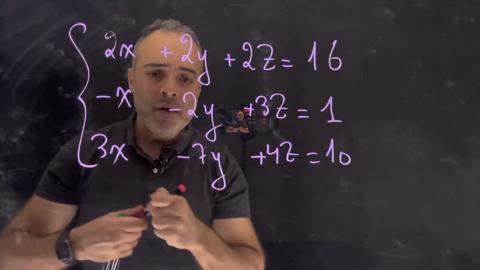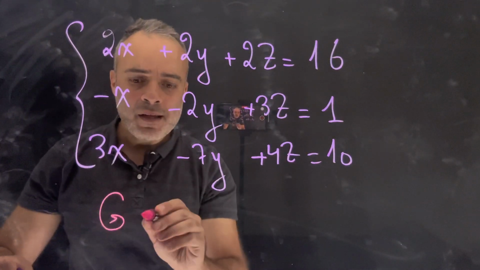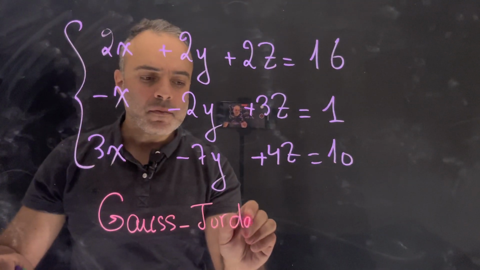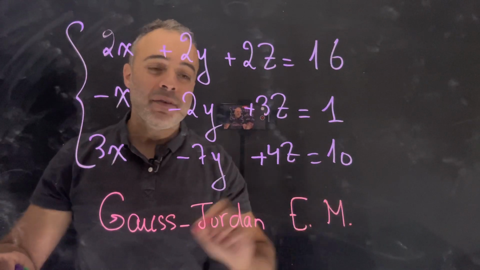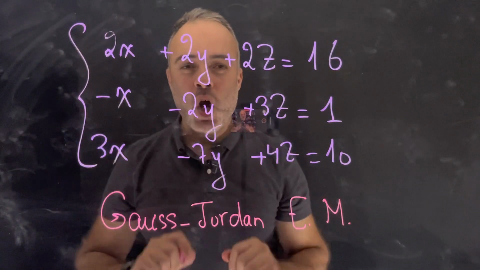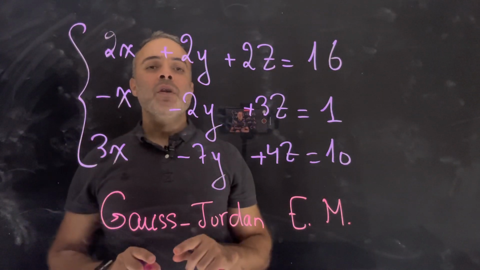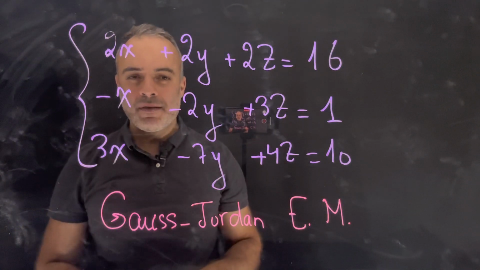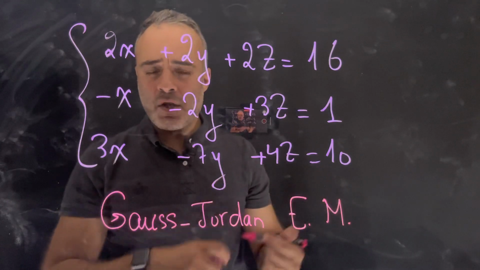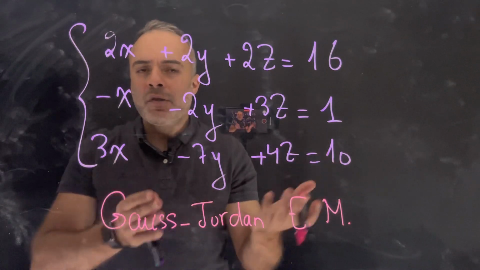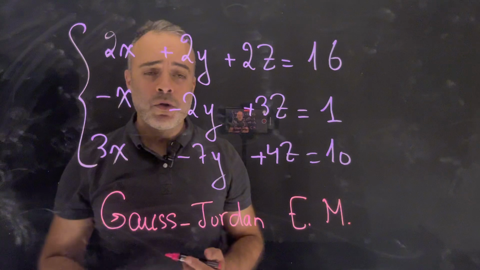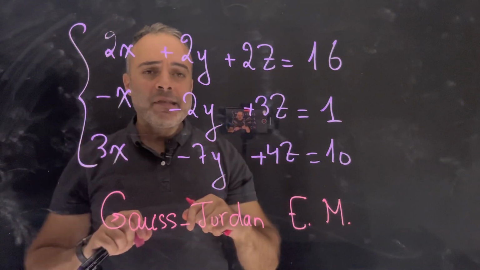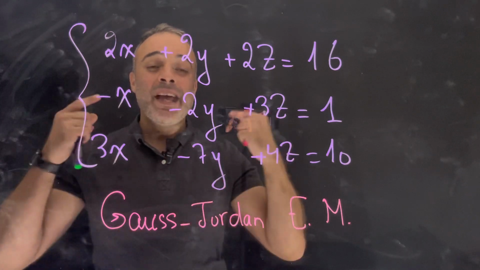So we'll be using the Gauss-Jordan elimination method. And that is what I'm going to show you. I'm going to show you how to solve the system using the Gauss-Jordan elimination method. If you understand the Gauss-Jordan elimination method, then you will have understood the Gaussian elimination method, as I will show you in the explanation. So our first step is to convert this linear system into an augmented matrix and start